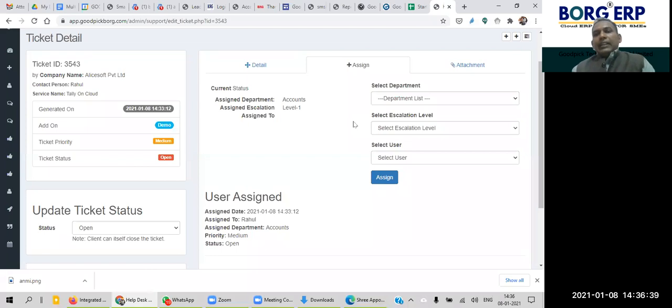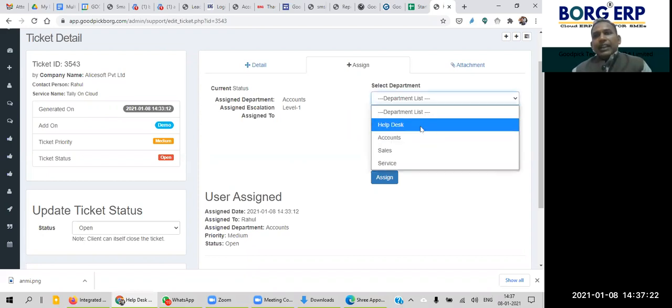Then if the customer is happy, the customer himself can close the ticket, or your team can close it. If the issue raised is not in the scope of level 1, the ticket can be escalated to level 2 of the service department, then level 3, then level 4. If the ticket belongs to the account department, that also can be escalated by level. So this is the matrix.